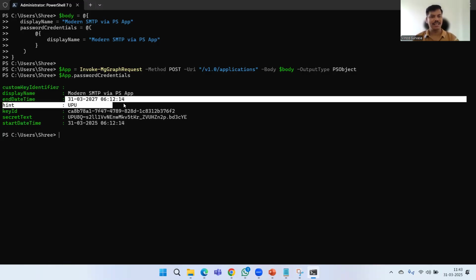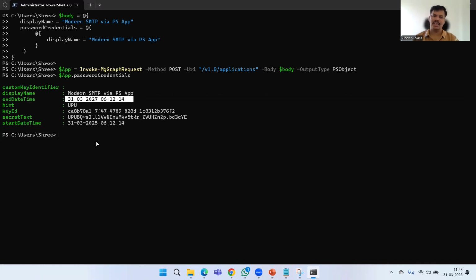So you can see that this secret is available for the next 2 years from today. Let's say today is 31st March 2025, till 2027. And then you can see the secret ID here, and then the secret value and then the start date time. So this is today's date time. Now let's say I wanted to retrieve this